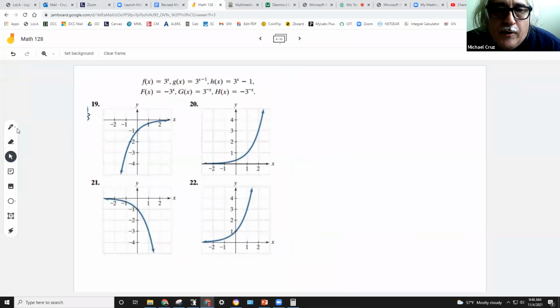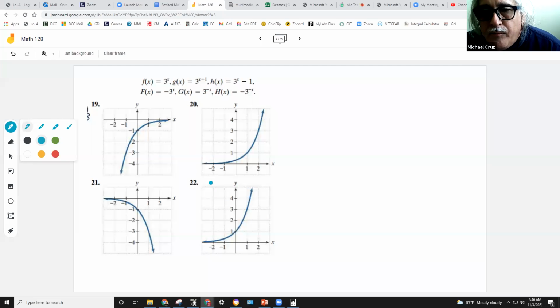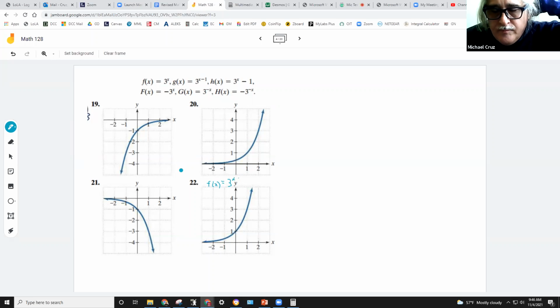All right, so I'm just going to write it on here. So this is f of x is equal to 3 to the x, because of the 1, 3, and 0, 1. They'll all go through this. Now,